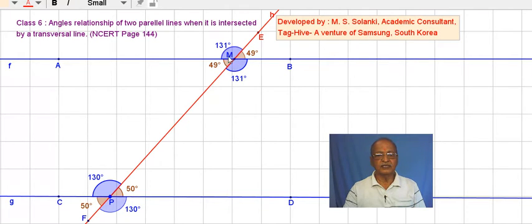These two vertically opposite angles at point A are equal, because these two lines are intersecting, so these are vertically opposite angles. This pair of angles is equal. Now the same line is intersecting at point P also. Here also,